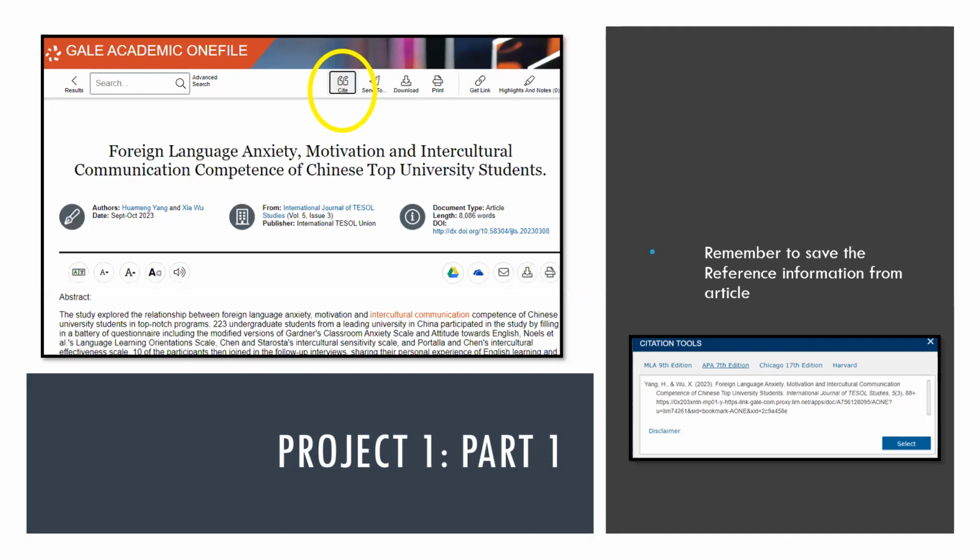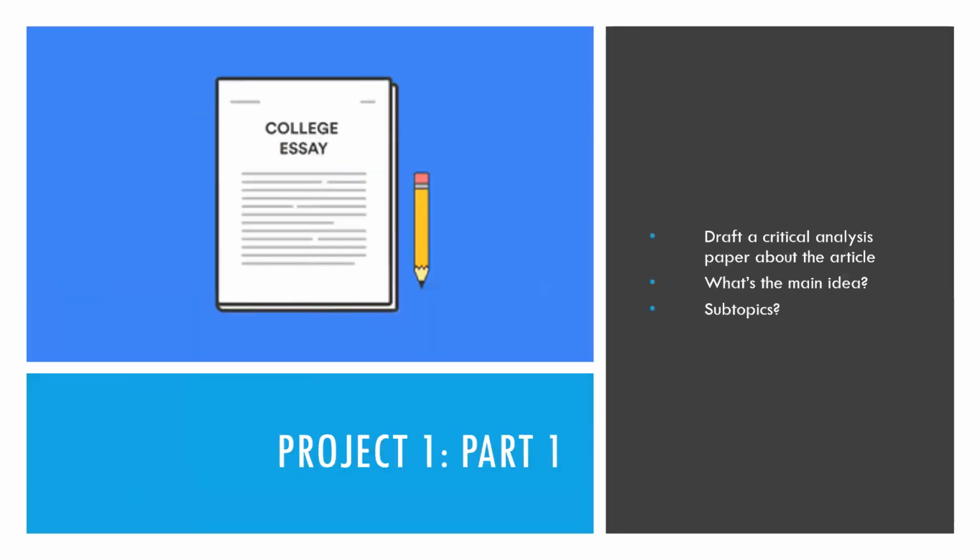Once you find an article that you like, you can see on the left-hand top of the screen, save the reference detail for the article. There's always a citation button. And then as you can see on the bottom right-hand side of the screen, there's that citation once I clicked that button. Doing this early on makes it easier because you won't have to find the reference later. After you read that article, grab the citation for it.